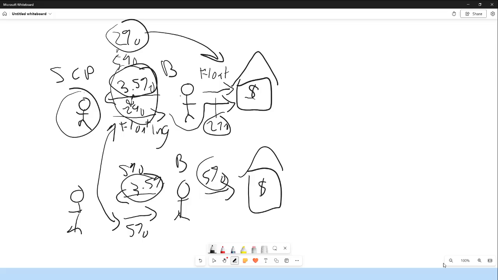I need to be compensated even more because I expect the rates to go up anyway. So if you're going to want to fix your rate, you're going to have to pay me more. So this swap market is also a market. It's going to be determined by expectations and supply and demand, etc.